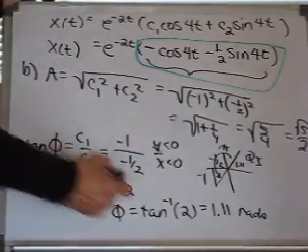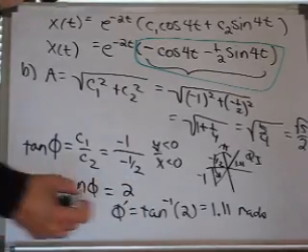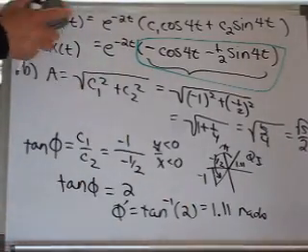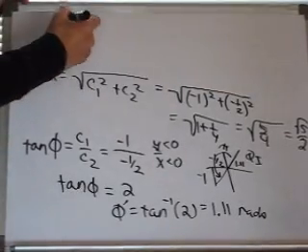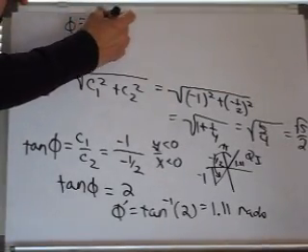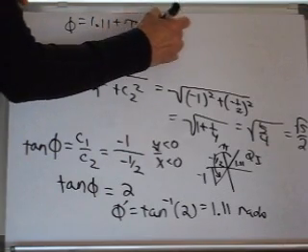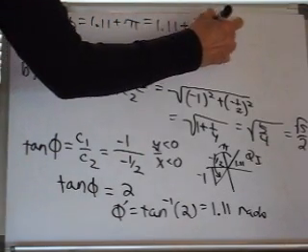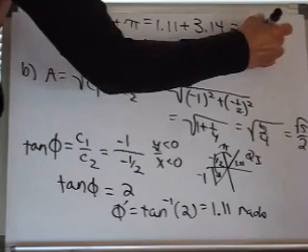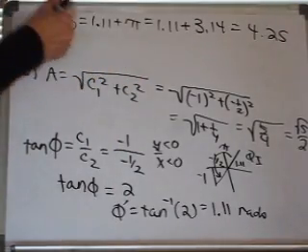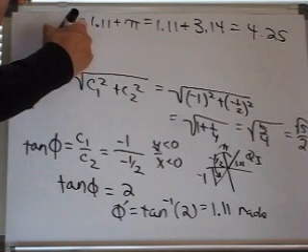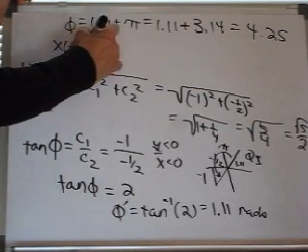So my real angle, let me call this angle phi prime. My actual angle is going to be phi, so the top here. Phi is equal to 1.11 plus pi, which is approximately 1.11 plus 3.14, which is 4.25 radians. So my phase amplitude form is going to look like x of t is equal to e to the